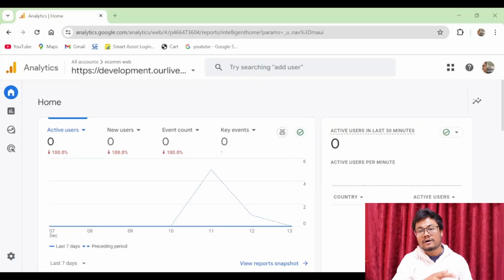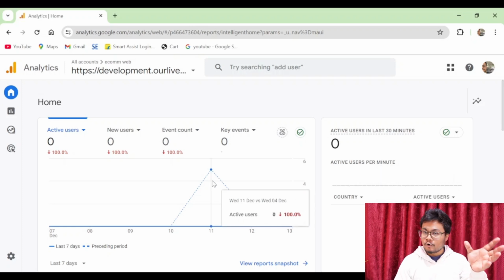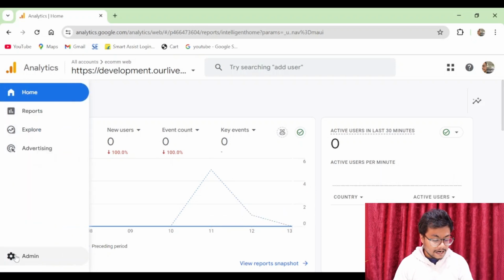For that, we will go into our analytics account. Here you can see we have our analytics account in front of us, and we're in the home section, we will need to go to admin. Now the custom dimensions and metrics you can technically build when you are in reports creating your own reports or in the exploration section, but I'm just going to show you right now from admin